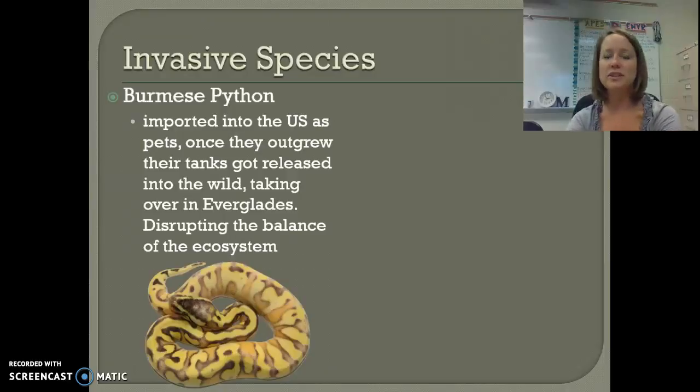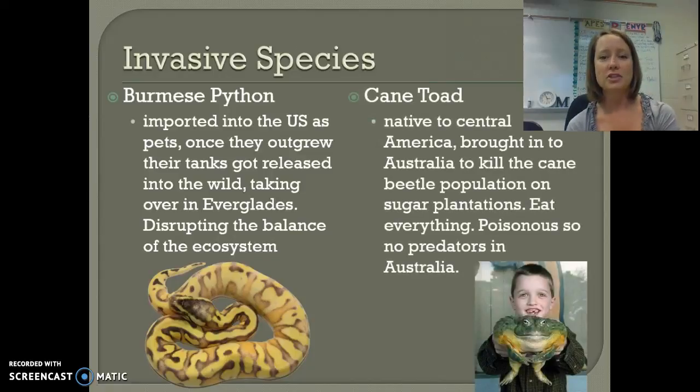So these snakes have really taken over in the Everglades and have disrupted the food webs, the balance in the ecosystem. They actually have contests certain times of the year to see who can catch and kill the most of these pythons. The third are the cane toads, and we will talk about cane toads later on this year, but these are